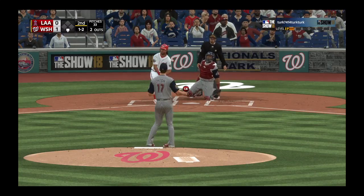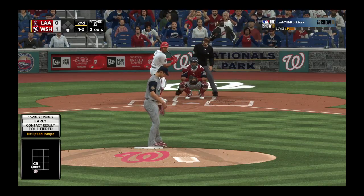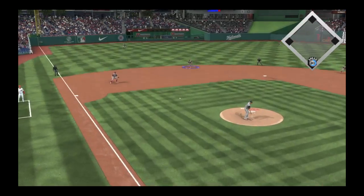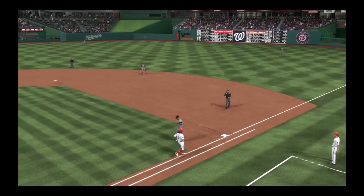A little bouncer. That winds up foul. Hey, he looked like he was a little bit out in front on that breaking ball right there. The body can go a little bit. If he was able to keep his hands back a little bit, he might. And the throw to first is there. The inning is